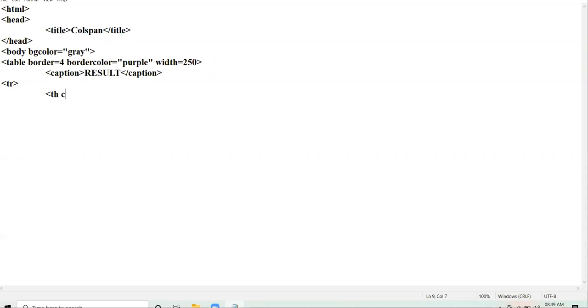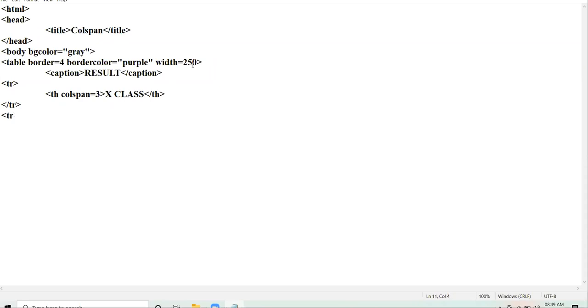How many cells do I want to merge? I want to merge 3 cells. So my colspan will have value 3. Okay. I'm giving the result here. Student, or 10th class. That's sufficient. 10th class. Right? Here I close my first row. So my first row is the header row, and it has the colspan of 3 cells, and the data in the header row is 10th class.